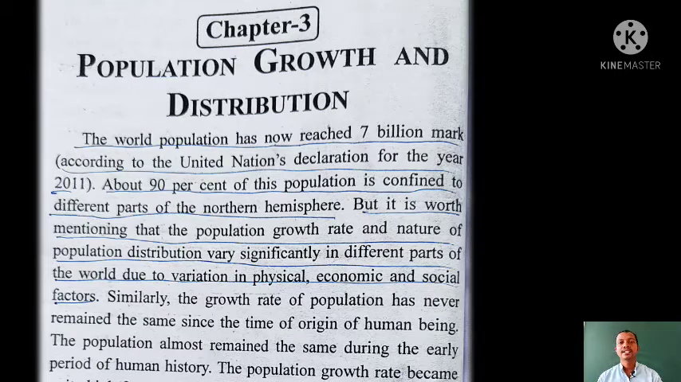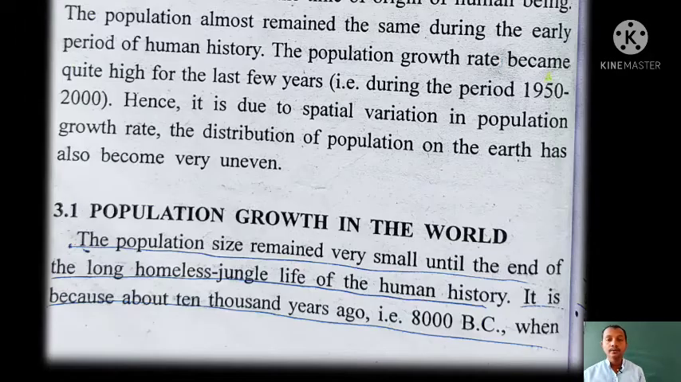So depending on the physical geography, the economic condition or the social factors of a place, the population distribution, the number of people from one place to the other, is different. That is what this particular line says. Now the population growth in the world was not so much earlier. It was not increasing that way, going up to 7 billion in a very short span of time. One of the reasons it is telling us is that the population size remained very small until the end of the